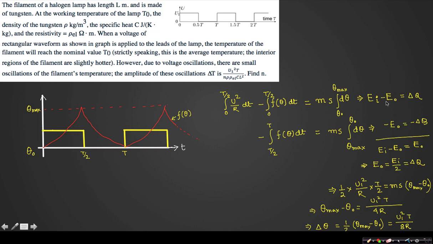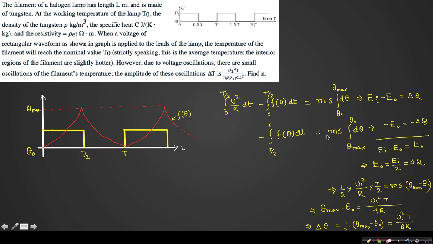So that is why, when I have written it to be E naught, this is the same E naught I can write, right? And that is equal to ms d theta, but here theta will vary from theta max to theta naught. So I can write this function: from 0 to t by 2, whatever energy it has lost, from t by 2 to t it will also lose the same amount of energy to the surrounding,